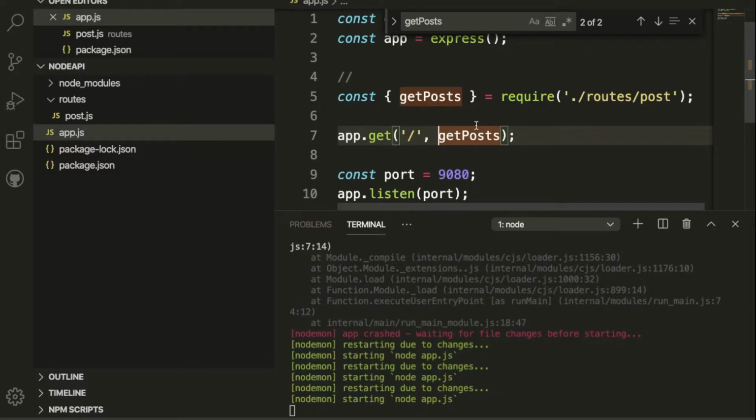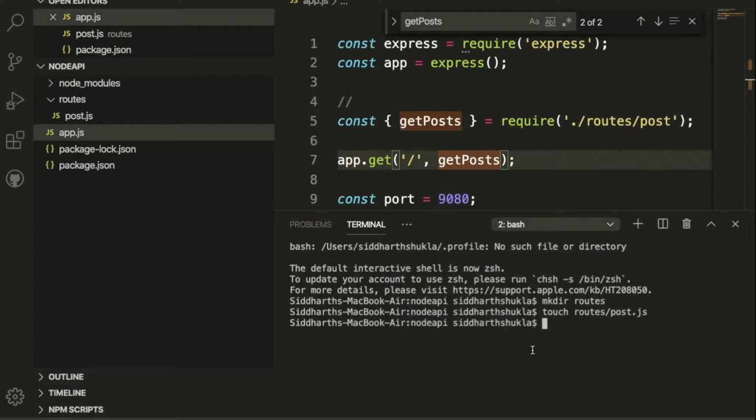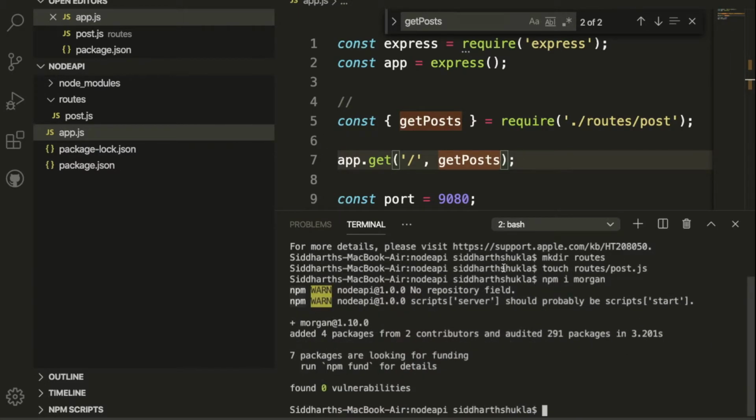And here we have a very interesting topic today, which is middleware. So let's start with how to work with middleware in Node.js. There is one package in Node.js called Morgan. So how do we install Morgan inside your project? Here I'm inside my project, which is the Node API, and I'm going to run the command npm i, meaning install, and type Morgan. This will take a little bit of time, so don't worry about it. Once this is installed successfully on my machine.